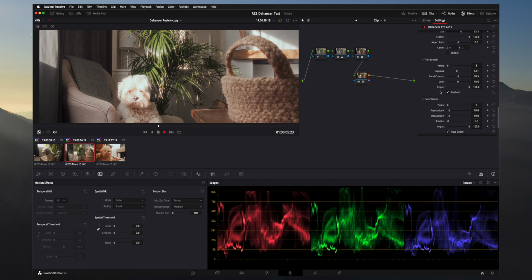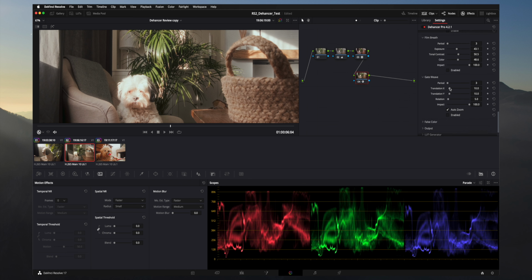Obviously you wouldn't do this much, but that just gives you an idea of what this is doing. So we'll just turn that off. And gate weave simulates the inaccuracies in the movements between frames as the camera mechanism rolls through the film. So you get that kind of jumpy, jittery movement, which adds to the film look, I guess, but I tend not to use this. I mainly use Dehancer for the color profiles, the grain, halation and bloom, but these are